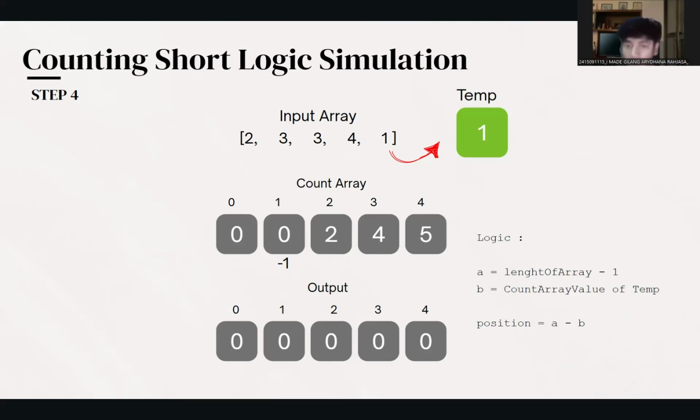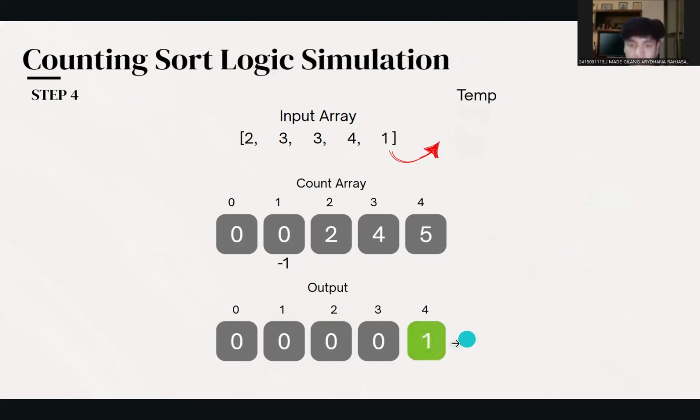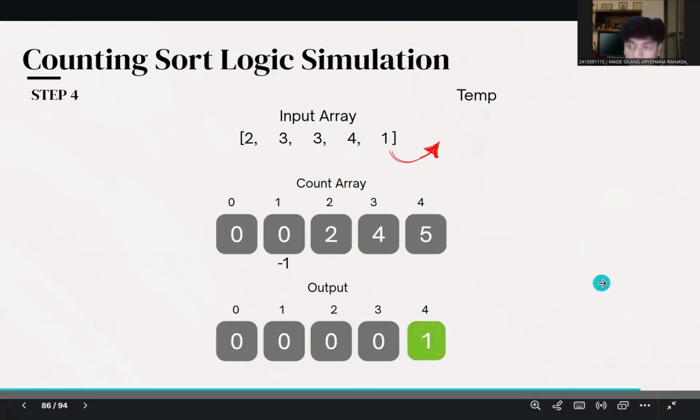And how to make a position is the length of the array minus 1, minus the count array value of the temp. So there will be 4 minus 0, and 4 minus 0 is 4. So the position of number 1 will be put in the index number 4 in output.